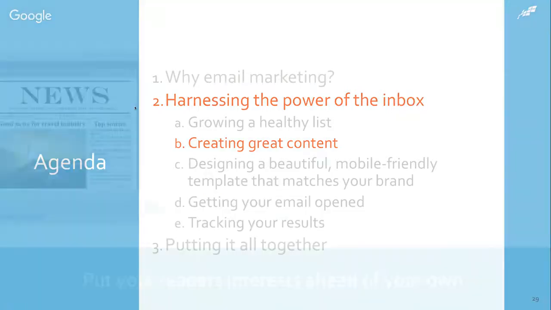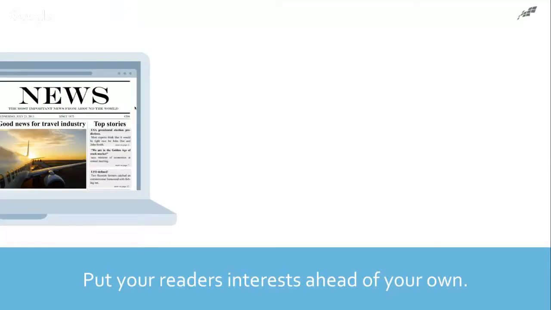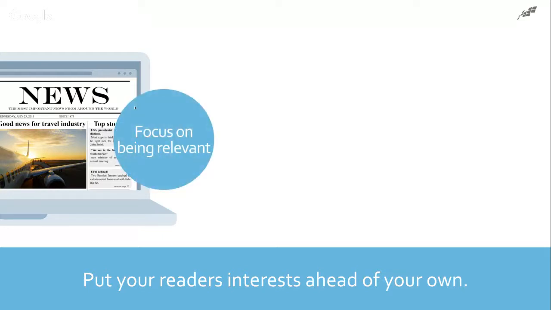So if you want to get great results with your email marketing, one of the things you need to do is give them a reason. You need to talk about what your readers are interested in, not you. Just the same thing as your website or any social media posts or any cocktail party for that matter. The people that just sit there and talk about themselves all night long aren't the interesting ones. The people that have interesting anecdotes that make you want to ask why and engage you in conversation are the places to go. So focus on being relevant to them.